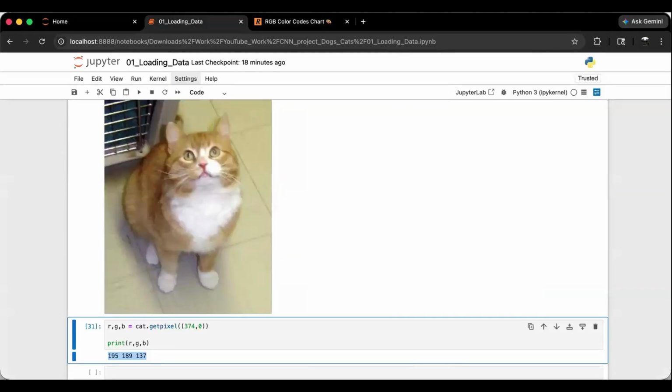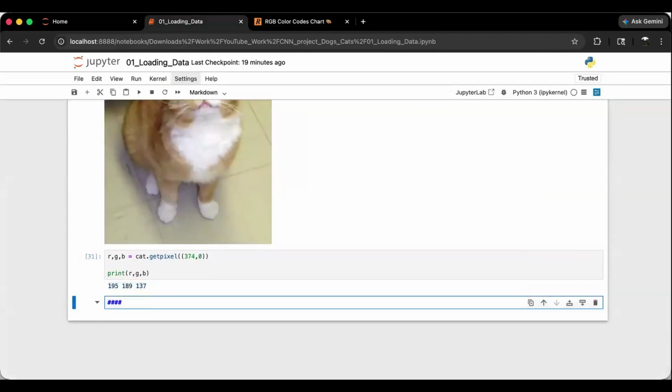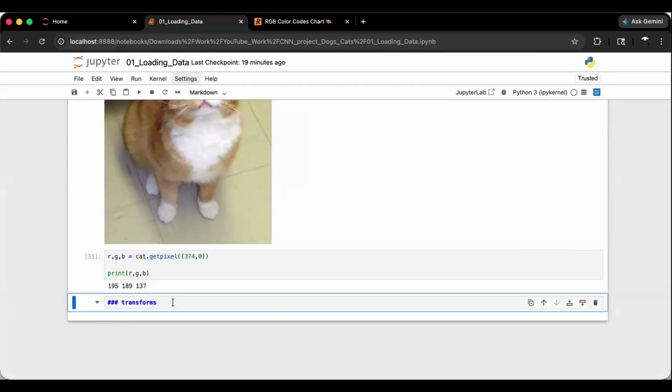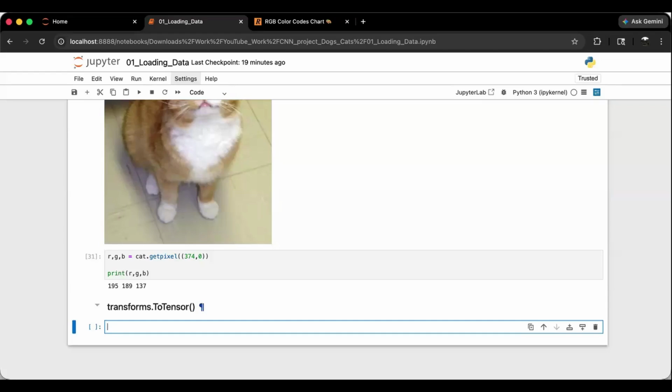Now, since we have understood that, let us now convert our PIL image, pillow image, to a NumPy array, right? So for that, I'll say transformations. And in fact, I'll say transforms to tensor. Yep. So I'll say transforms dot